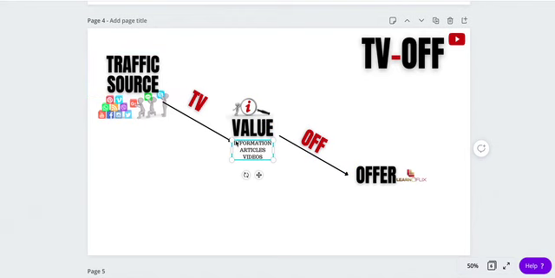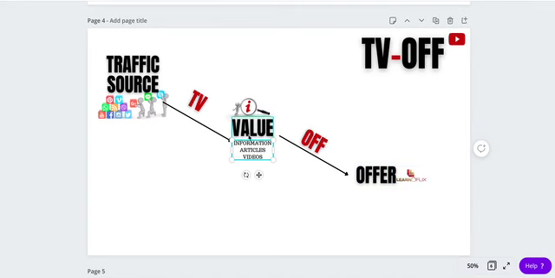The truth is, whatever you are giving them as value here, the article or the video, must be related to the offer, so that you'll be sure that the people who are going to pay attention to you are the people who already have the problem this offer is going to solve. They are the people who have the problem that this offer was created to solve. This offer, by the way, means products, digital products in our context. A digital product could be an ebook or a video course. All online courses are created to solve some kind of problem.